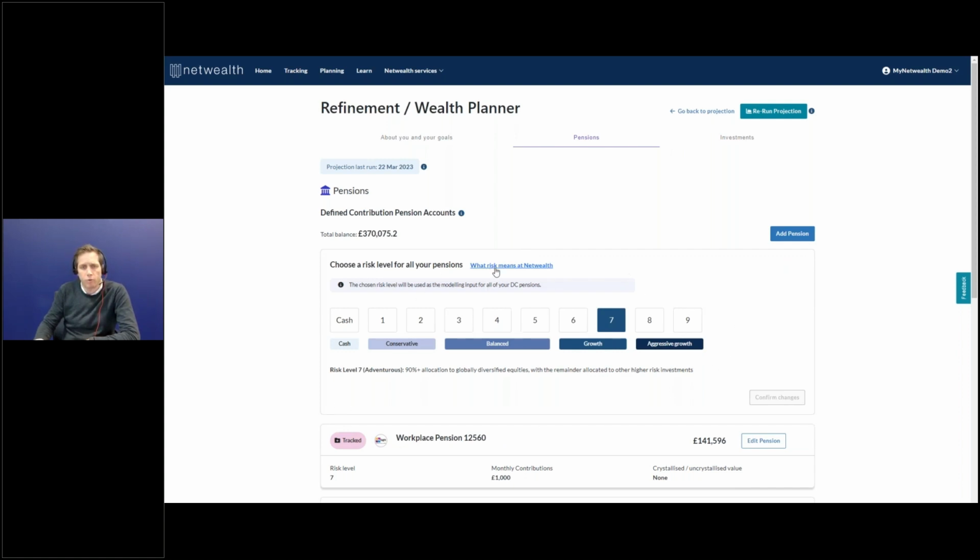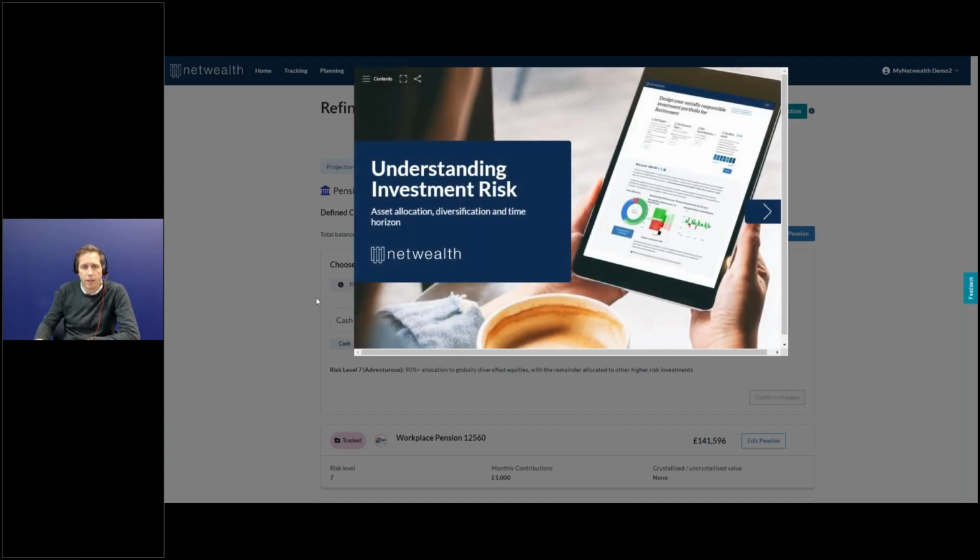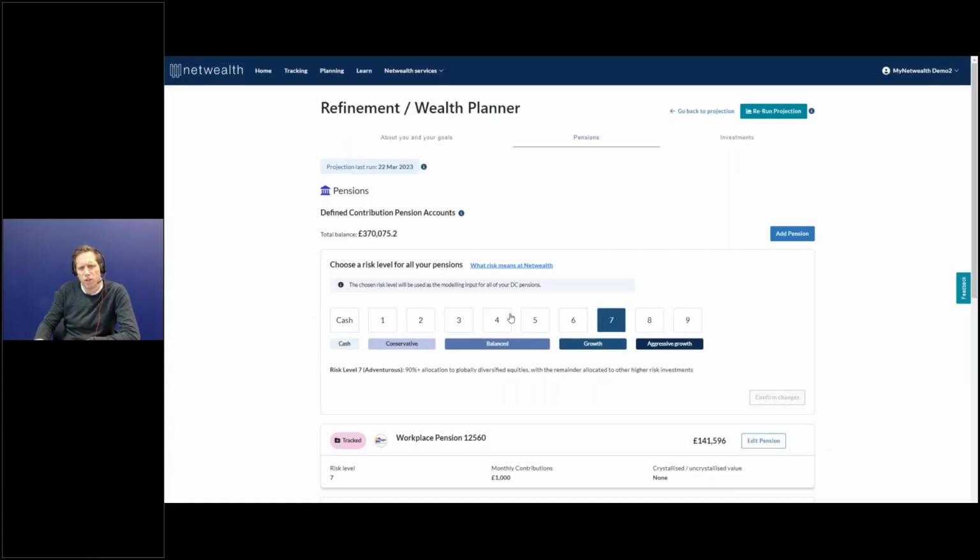So you can actually read more about risk levels in this guide here, but you can select the level of risk that you think is appropriate for the assets that you've got. In this case, the pensions are allocated at risk level 7, and we've got a description here. It's a 90% plus allocation to globally diversified equities. Because we're projecting forward, we don't need to know the exact holdings here, but we need to have a good sense,